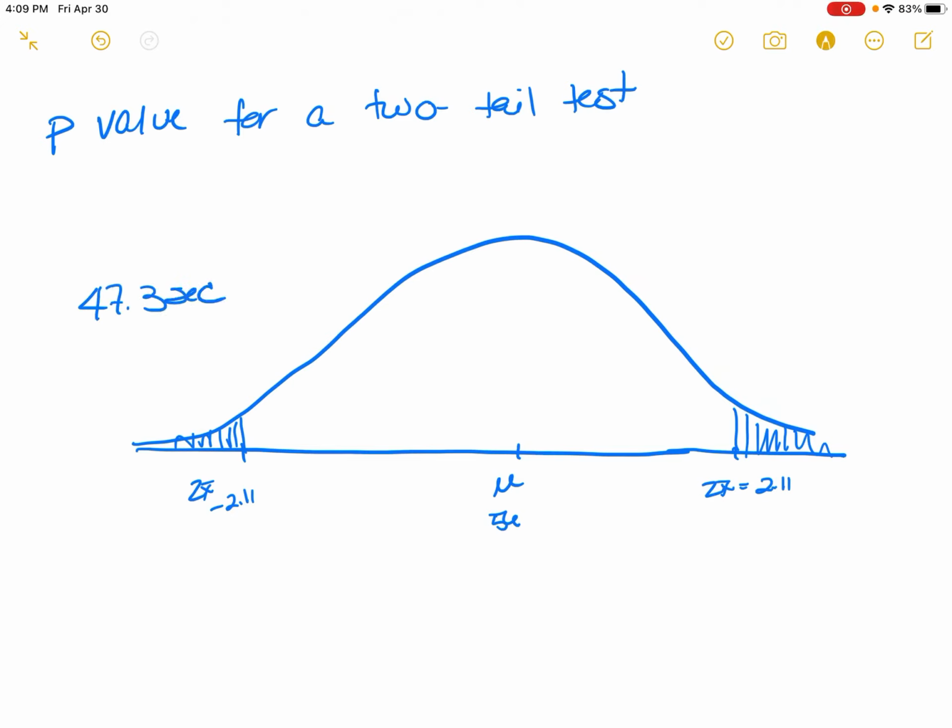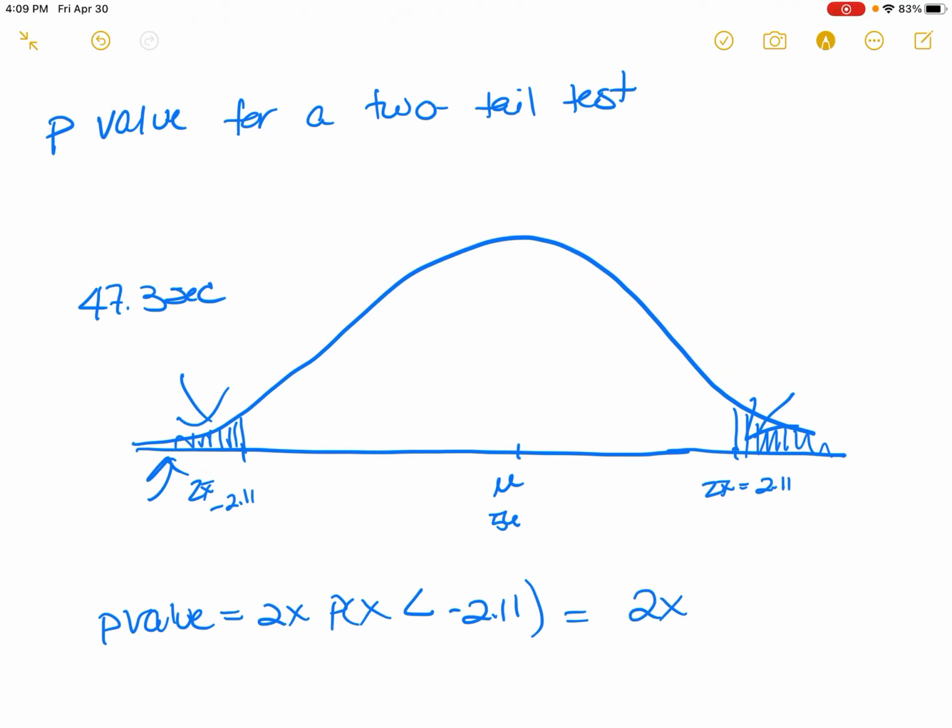is 47.3 seconds, right? So we know our p-value is equal to the probability of x being less than, because we can only calculate on the left-hand side, less than the negative 2.11, right? But we're going to say that that's times 2 because we have the same thing on this side. It's symmetrical. So we have 2 areas, and that is going to be equal to 2 times